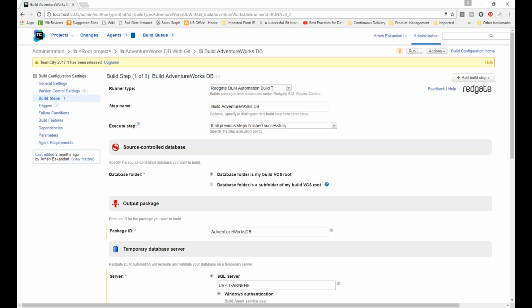So on the application code side, you need to make sure that your application code or your solution can be compiled from scratch. On the database side, since there is no compiling, the similar process would be to recreate a database schema on an empty database, and that's what we're doing here as part of the build process. If that temporary database build succeeds, then we go ahead and package up your database files from source control